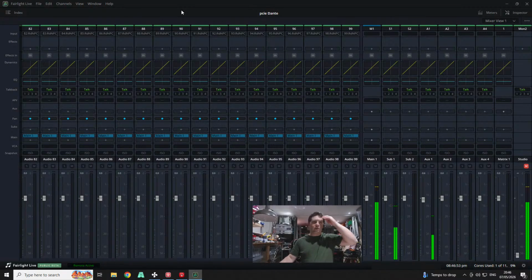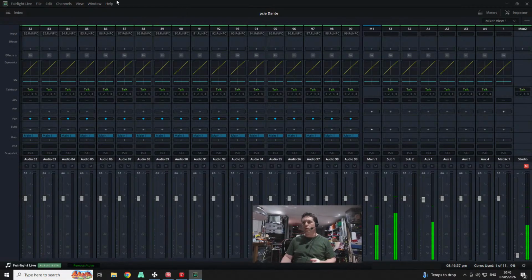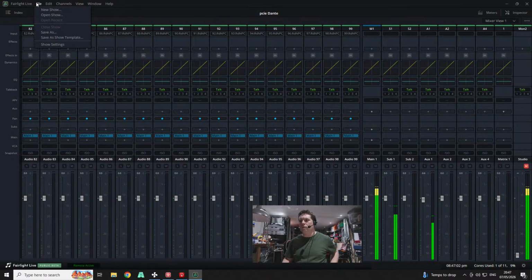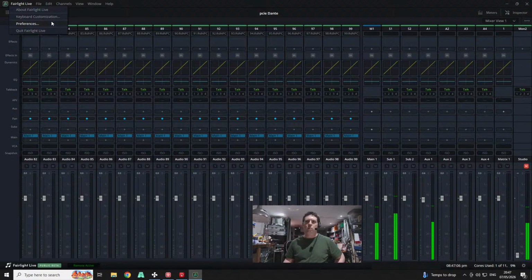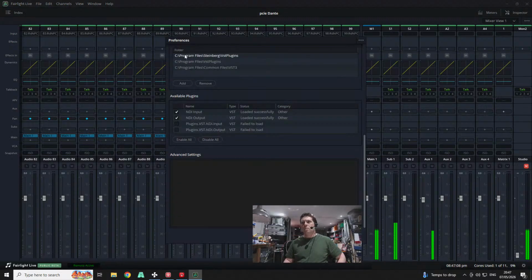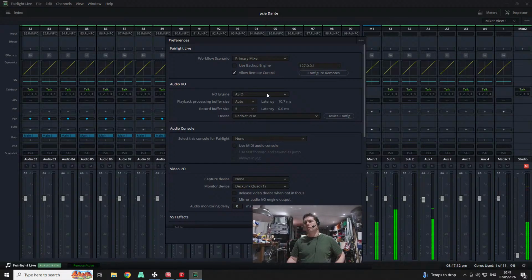The downside, I think, of this software that a lot of people are going to find very quickly is that you can only really patch one audio device at a time. So obviously in this scenario, I've got it coming in over Dante, so I can do all my patching in Dante Controller or DDM if I was using DDM. But the limitation here of having essentially only one audio engine, I think is going to be quite a bit of a problem